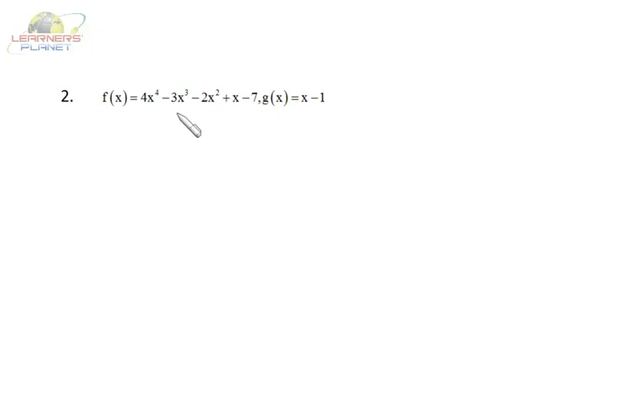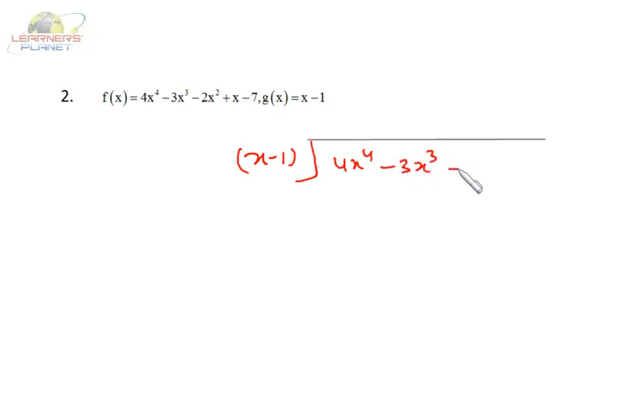Here f(x) is 4x4 minus 3x cube minus 2x square plus x minus 7, and g(x) is x minus 1. Now let's perform the actual division. It's 4x4 minus 3x cube minus 2x square plus x minus 7. Okay, first of all we want 4x4. Here x is there, so we need to take 4x cube as the first term of quotient. Okay, so 4x cube into x